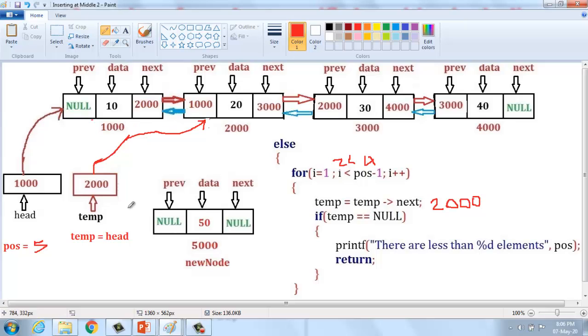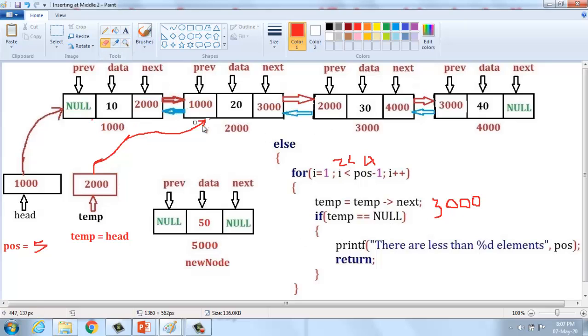And then temp of next. What is the value of temp? Temp is 2000. 2000 next is 3000. So temp should be changed from 2000 into 3000. Alright, and then if temp equal to null, what is the value of temp? Temp is 3000, equal to null. Condition fails.